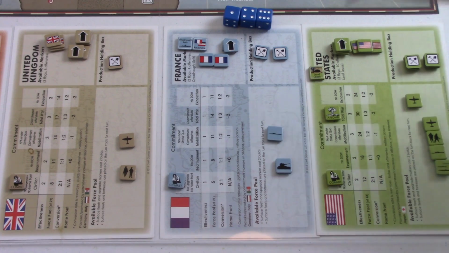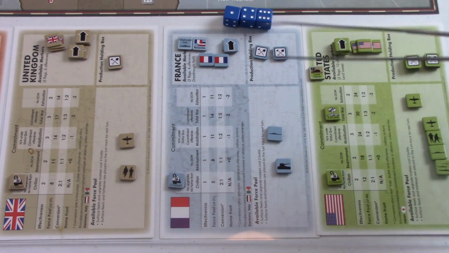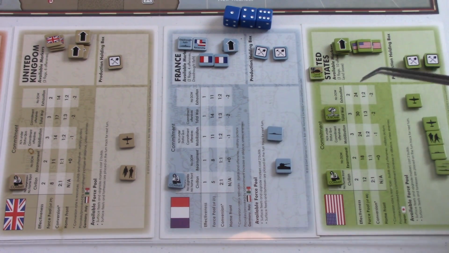Again, the US has a massive force pool. Their exhausted force pool, which is not something you want to get into, is exhaustion, is 24. That's more than I think every other country's max during total war. So each country is going to have their own little flavor. Their effectiveness is listed here at the top. That's also going to change with commitment. The bottom 2 numbers, conversion and home front, I think that's the same for all the different countries. We'll touch on that when we get into play, but just understand your conversion rate is